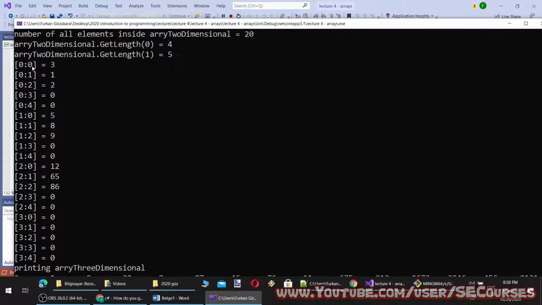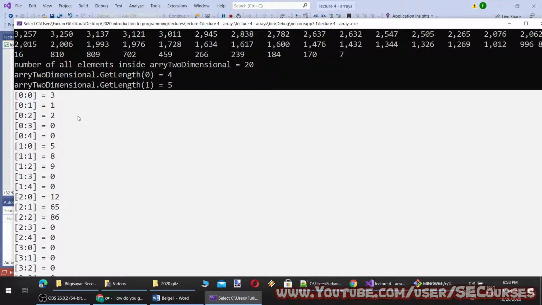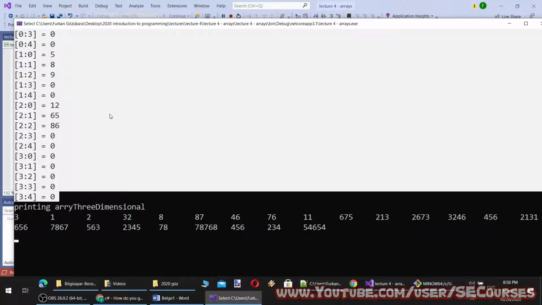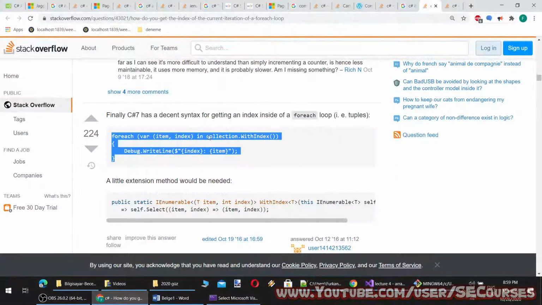So here we know the indices 0,0, 0,1, 0,2, 0,3, 0,4, 1,0, 1,1, because I know this is a two-dimensional array, so I can manually loop through them like this. However, let's say you don't know how many dimensions the array has, and you want to automatically print it with indices. In this case, with C# 7, there is this feature.